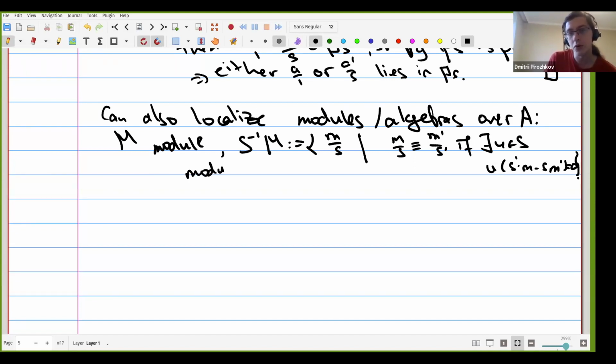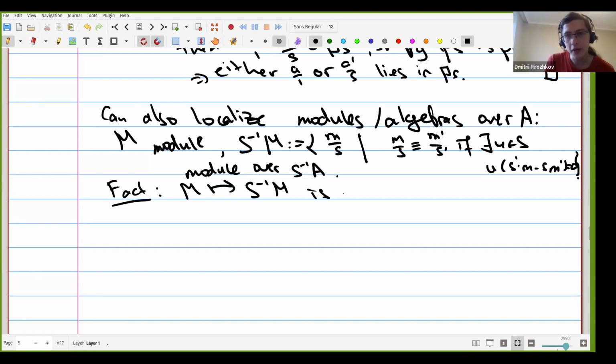This defines a module structure over the localized ring, and it is a fact that the assignment from M to this localized module is an exact functor,